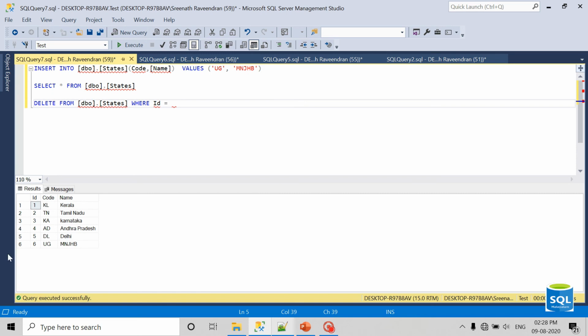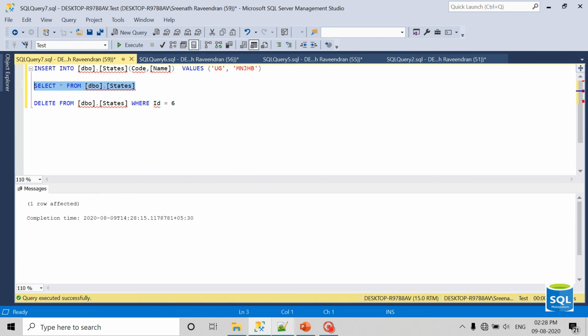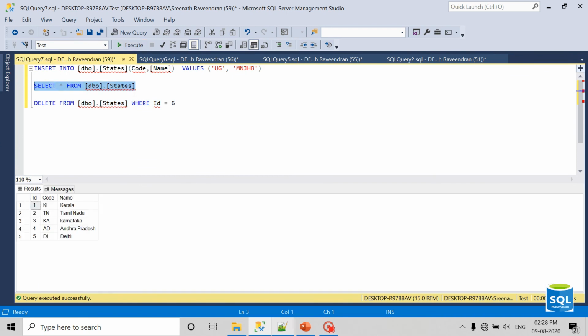So let's say we need to delete the last record, the 6th record. Yeah, it got deleted. It got deleted because it is not used in the customer table, so we can delete it easily.